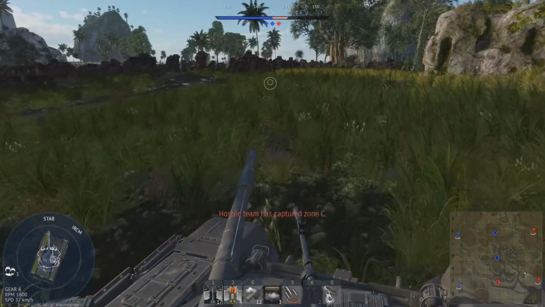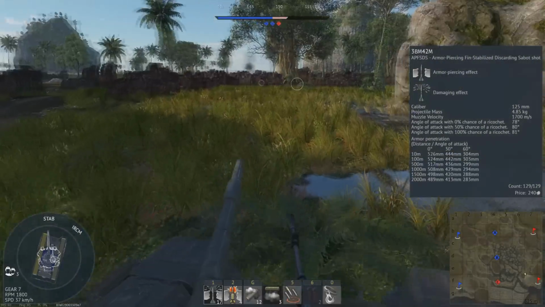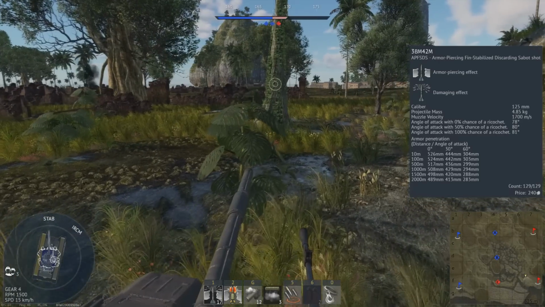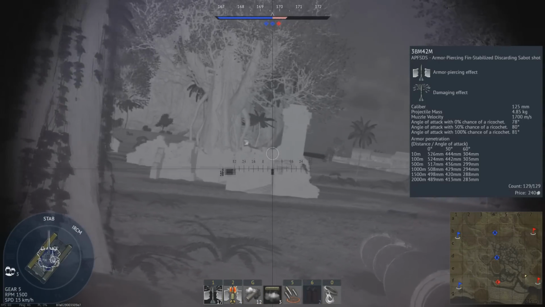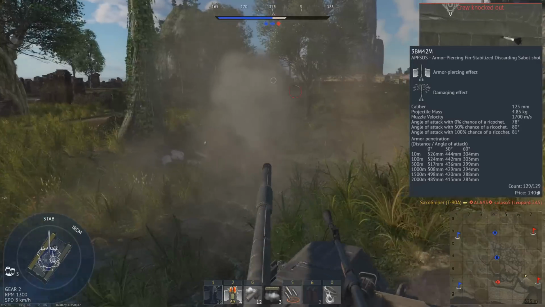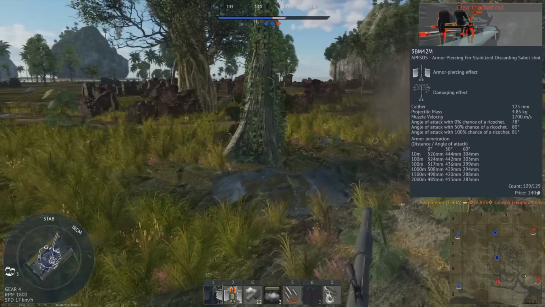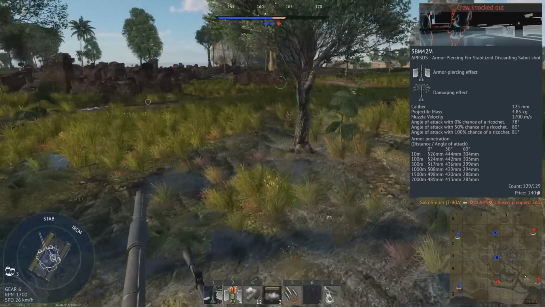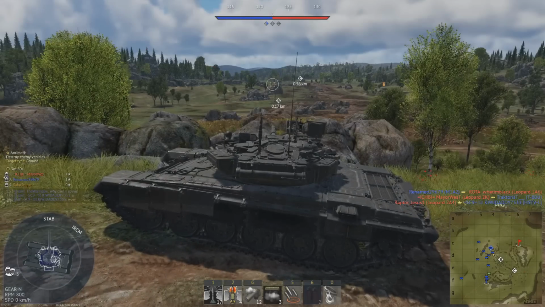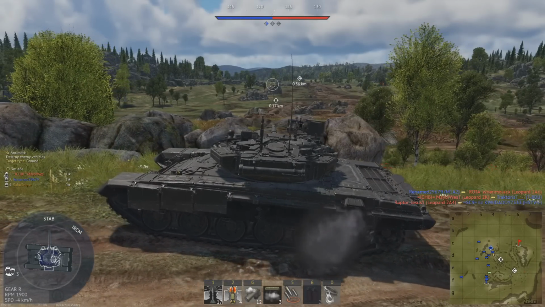And finally, your last unlockable round is the 3BM42M shell. Like the DM53, this round is new to War Thunder, and is now the highest penetrating round the Soviets have access to. It can penetrate 526mm of flat armour, and against armour angled at 60 degrees, it still manages a very respectable 304mm of penetration. Its muzzle velocity of 1700 meters per second is also very high, making this shell very easy to aim at